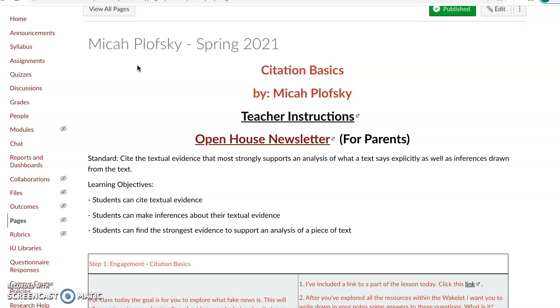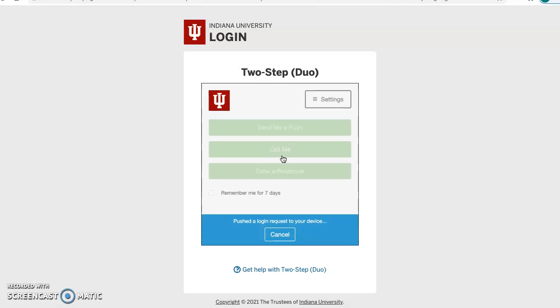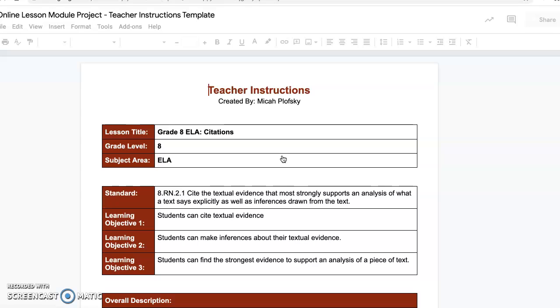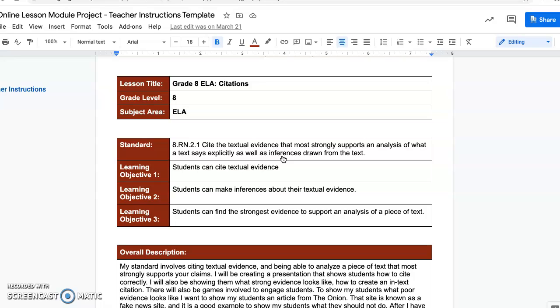So, first things first, let's get into my teacher instructions. So what are teacher instructions? Teacher instructions are pretty much just the outline of my lesson plan. And so you can see here that we have a standard. The standard is pretty much just the goal that we're trying to perfect, the action that we want to work on. And inside that standard, we have 3 different objectives, which are pretty much 3 different steps that we want to